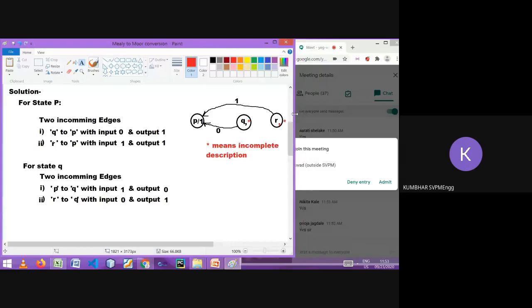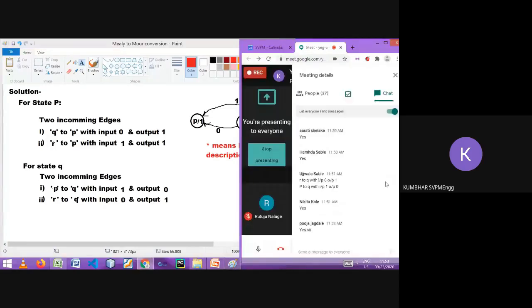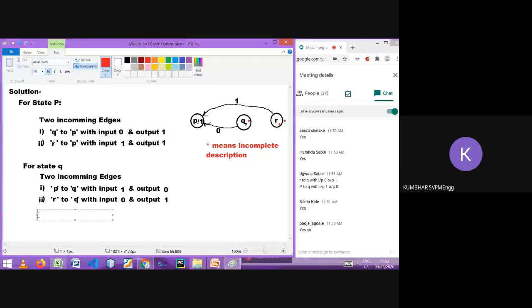Either 0 or 1. That is the confusion. So note down: as both outputs are different, we have to split this state into two states.